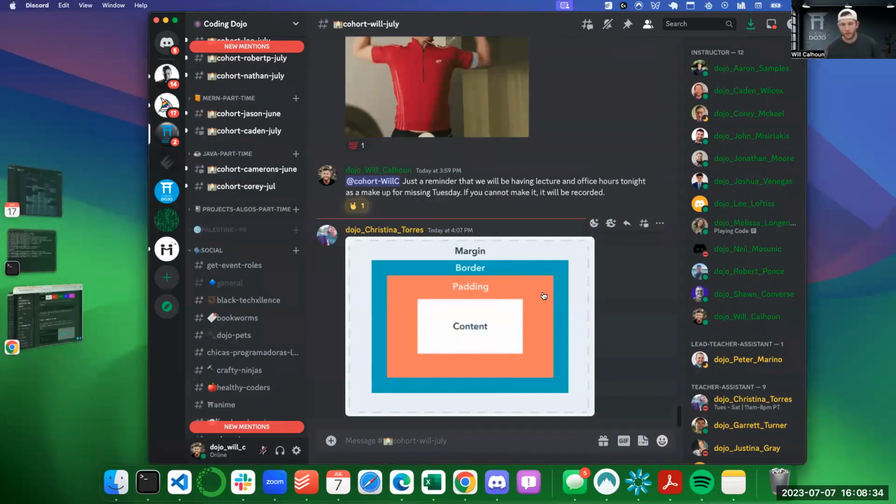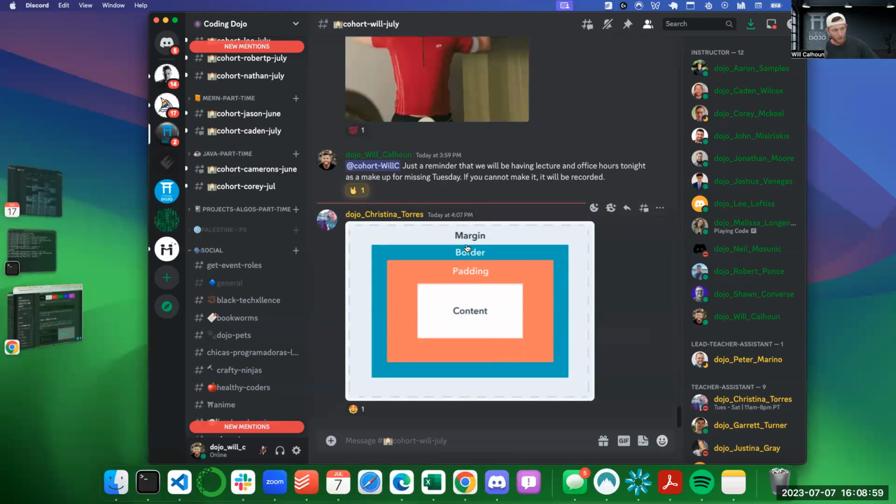So this is a great picture from Christina. Here we've got our content. We've got our padding, which is pushing away from our content or our element. Then you've got a border around, and wherever the border ends, you can think about this as the edge of our element. Then if I've got some margin from the top, I'm going to push from here up. That is my margin, the distance between one element